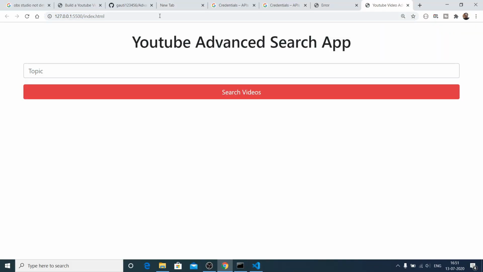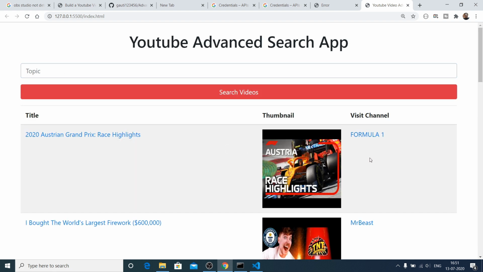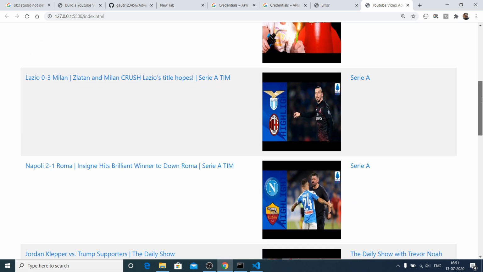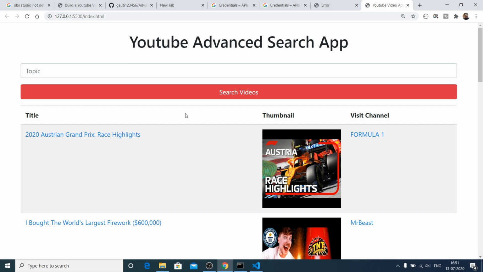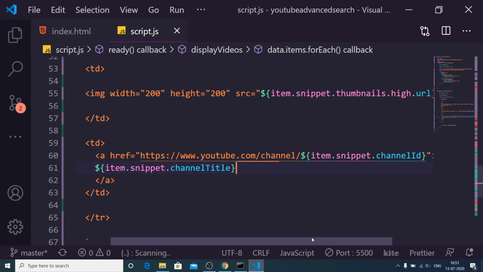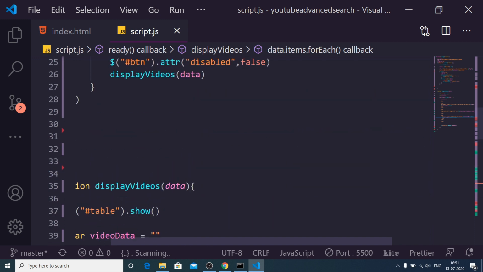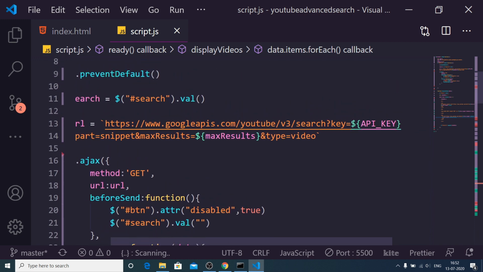If I refresh, if I write here, let's suppose Firebase CRUD. So now you will see, and you will notice that we are searching for Firebase videos, but these videos are coming here. This is only because we haven't passed our search query. That is the problem, guys. So now to fix this, it is pretty easy. We need to add this right here to this string here. So q is equal to, and then we need to pass our query string, which is located inside search.